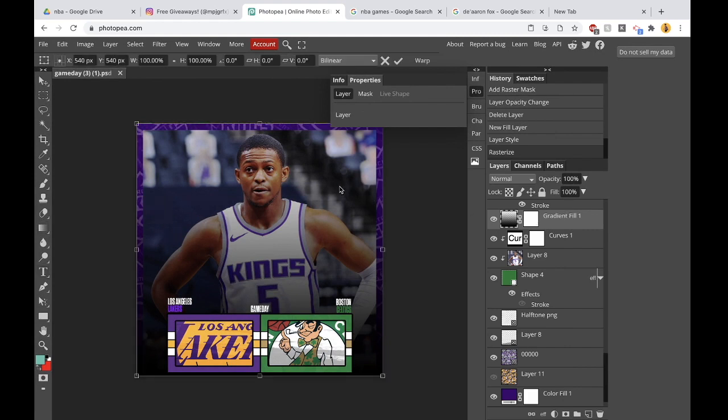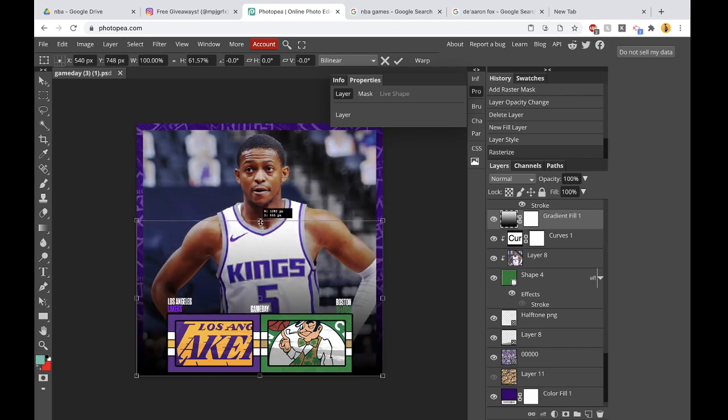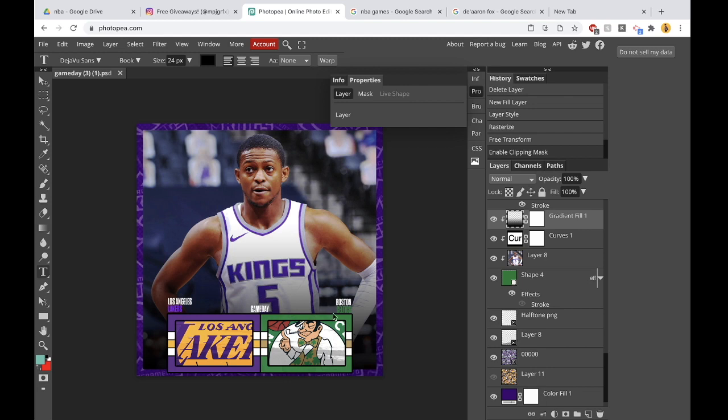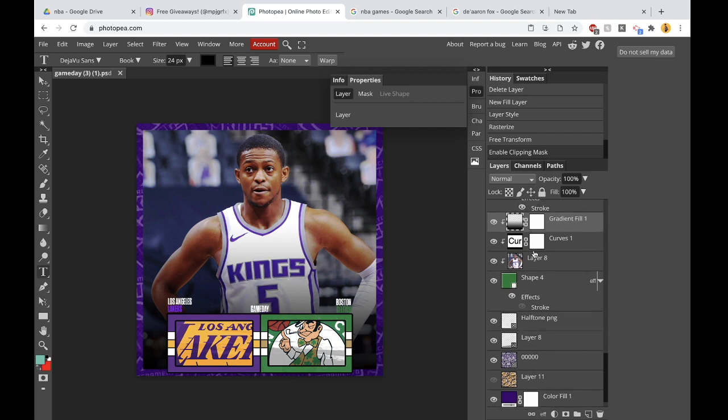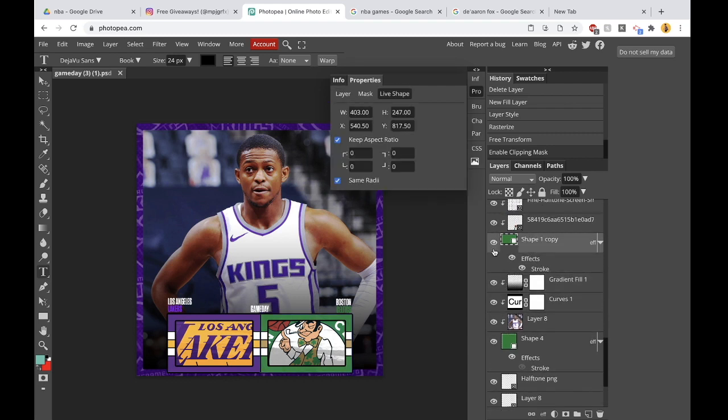Rasterize that, and I'm just gonna drag it down this way without pressing shift. I like how that looks. Clipping mask. Yeah, so there you go. Next,